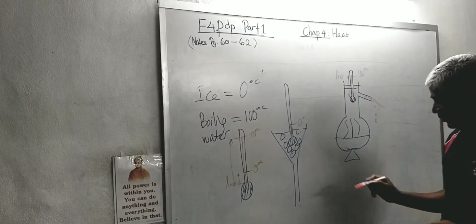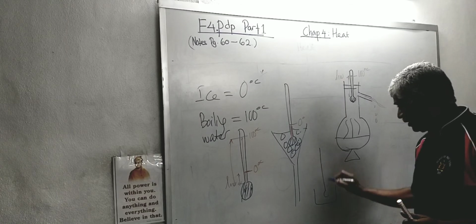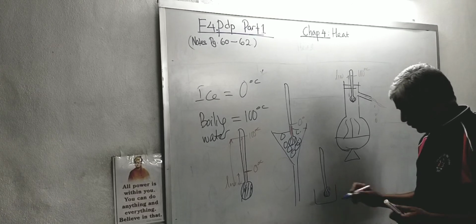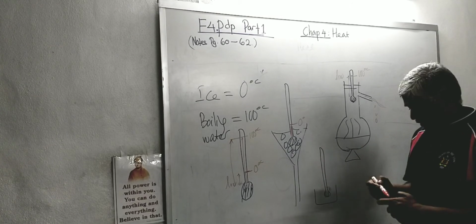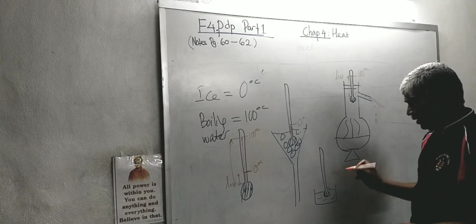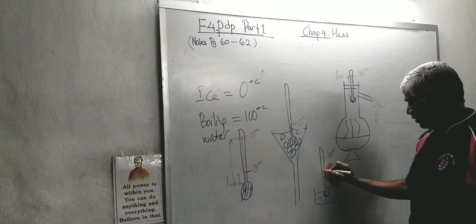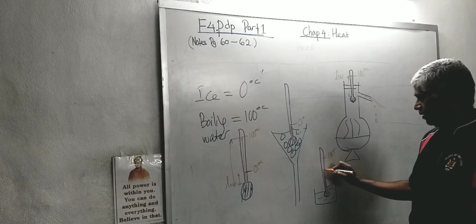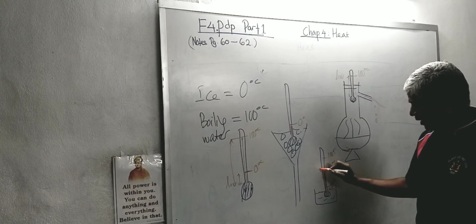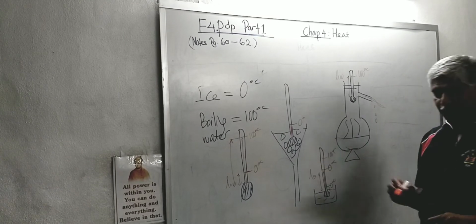Okay, so now what I do, I get a beaker of warm water. Now I place the thermometer here, and it reaches thermal equilibrium. This is warm water. So let's say it reached the equilibrium. Just now I already indicated 0. Here I indicate 100. So now it reaches here after thermal equilibrium. So I want to know what is the temperature here. And from the neck of the mercury bulb, the length is, let's say, L theta.